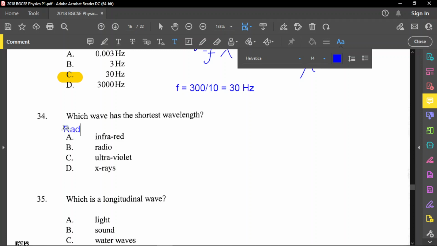Let me write that down first. Let's use an uppercase letter for each of the things. Radio my information. So, radio my information